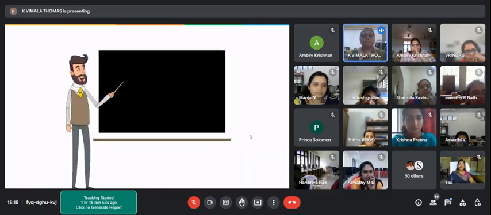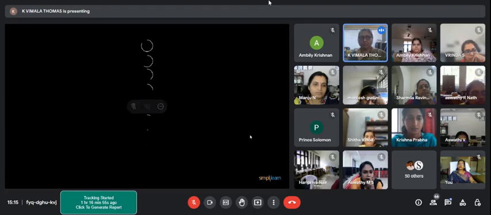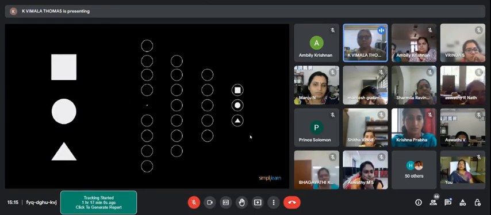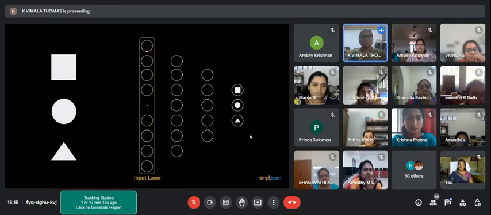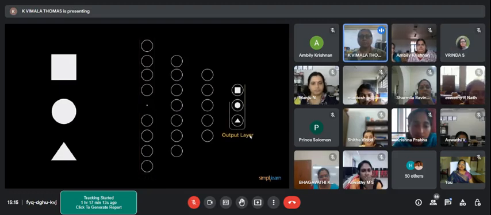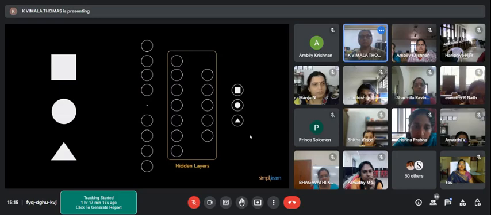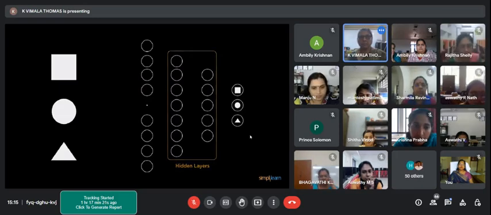Let's understand how this is done. Let's construct a neural network that differentiates between a square, circle, and triangle. Neural networks are made up of layers of neurons. These neurons are the core processing units of the network. First, we have the input layer, which receives the input. The output layer predicts our final output. In between exist the hidden layers which perform most of the computations required by our network.